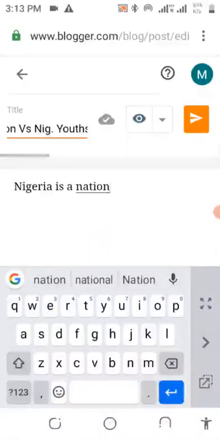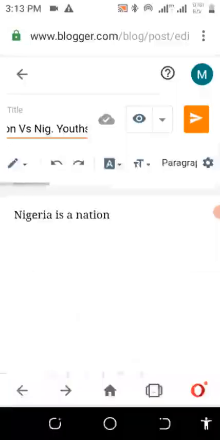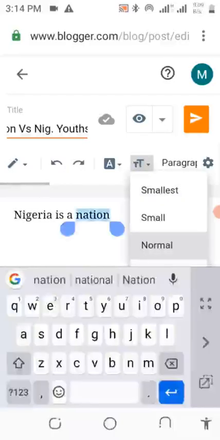The changes will occur if you are using a system. Sometimes a bad network can cause the font from not changing, but you have to be patient. You can do it again and again, and the change will take place. If you're using a laptop, a computer or a desktop, the change will actually take place. If you want to change the font size, the size of the letters you are using there,